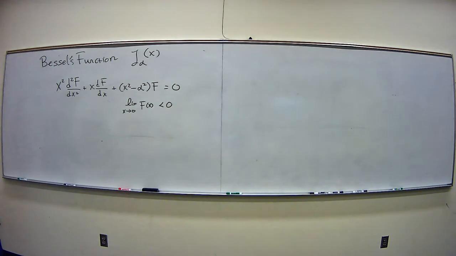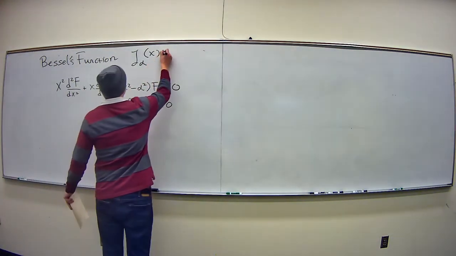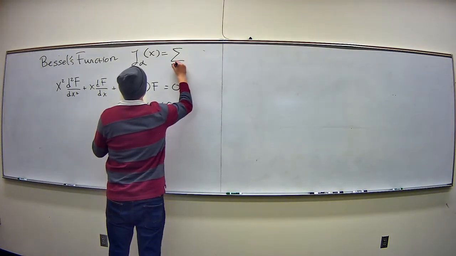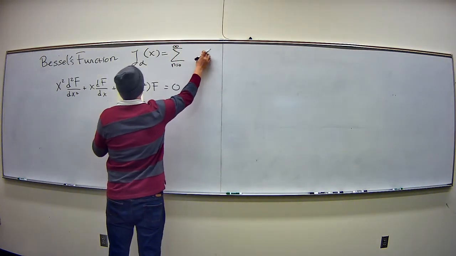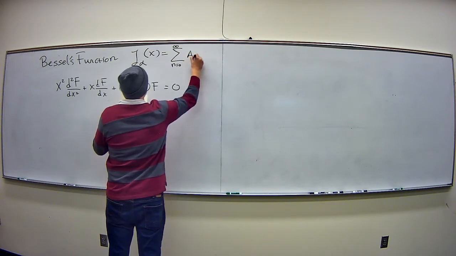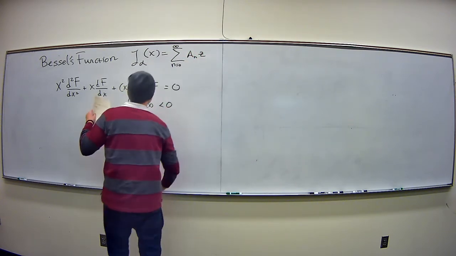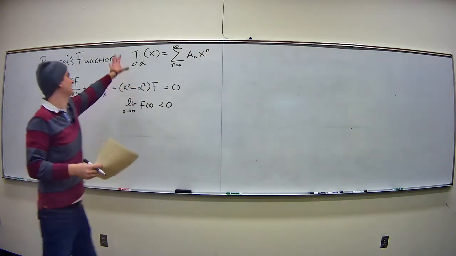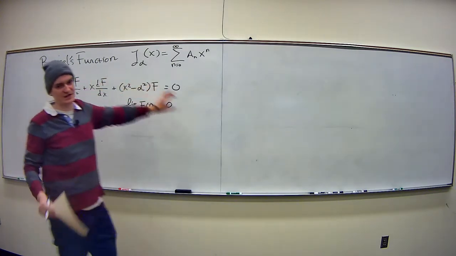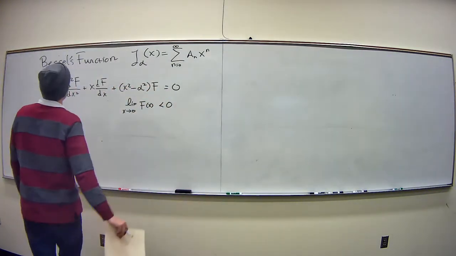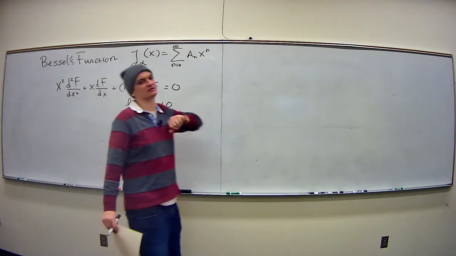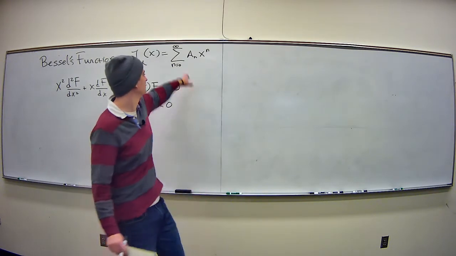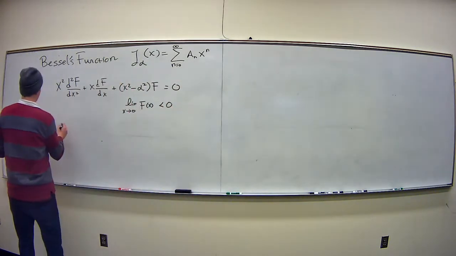Okay? So same thing with the Airy function. You say, I know what this looks like. I'm going to say it's smooth enough that this behaves like a power series. I set it equal to 0. I say it's finite at the origin. And I do the same thing, just like that. Again, you're seeing the same thing. You have a nasty differential equation in there, and you go, I just know what the solution of this looks like. It looks like a power series like this. And then you plug it in there, and you do a bunch of math to figure out what these coefficients are. When you do that, you end up getting